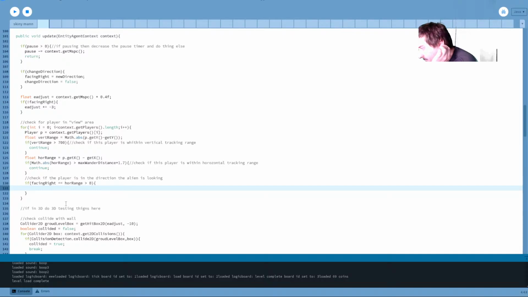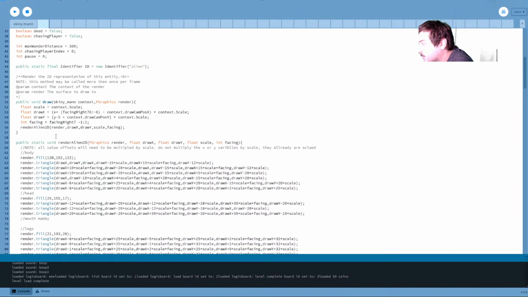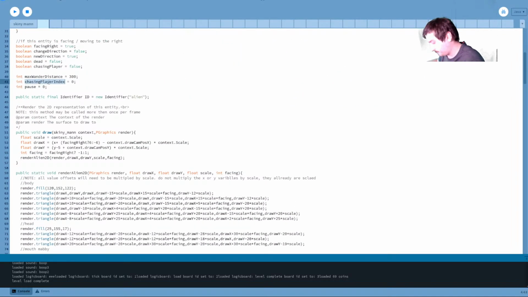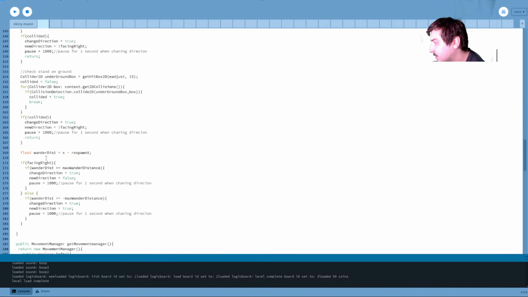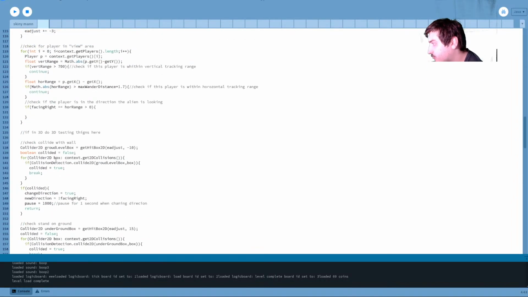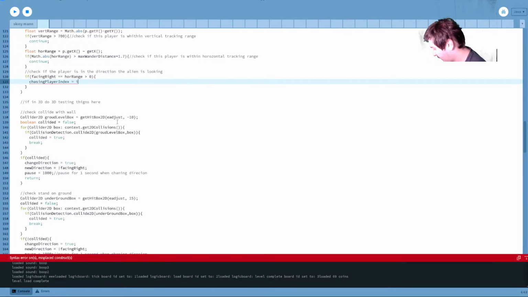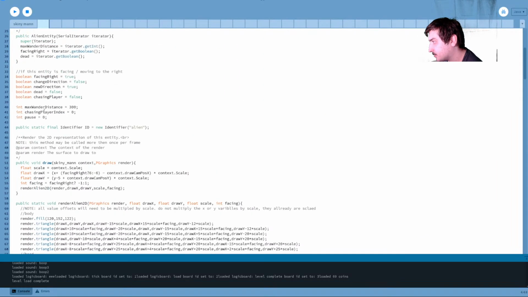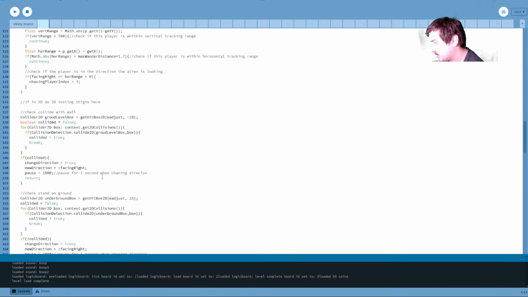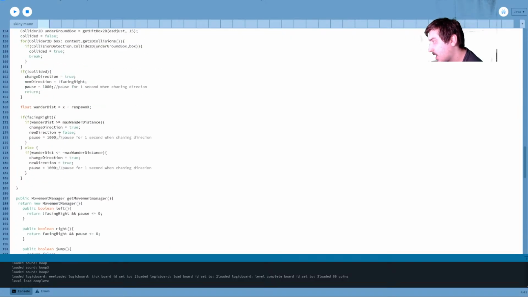Anyhow, so check if the player is in the direction of the alien. Okay, so we check if they're equal. If they are equal, then we can safely say that the player that we are chasing, player index is going to be equal to I. Also, chasing player is going to be equal to true.